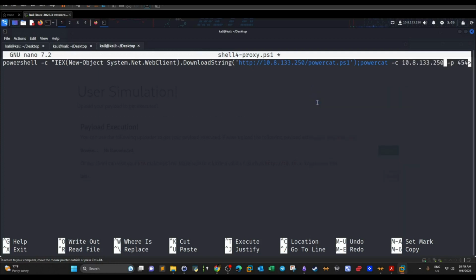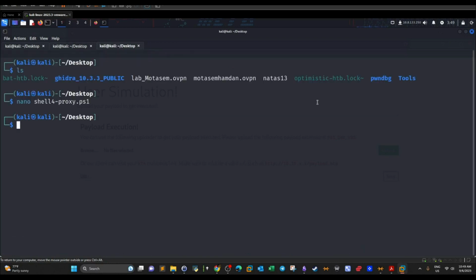Okay, so this is ready now. Hit save. One last thing, we need to copy the main Powercat into the desktop, or to wherever directory we're gonna